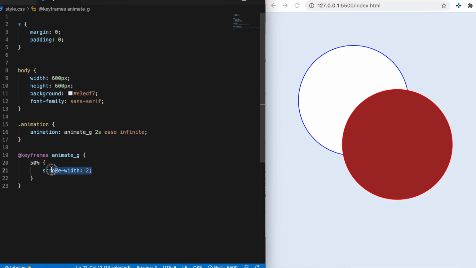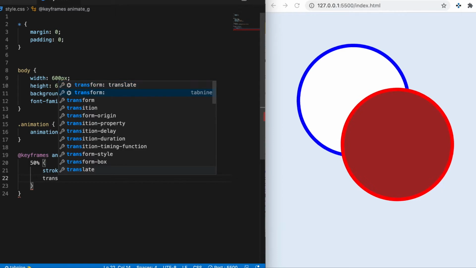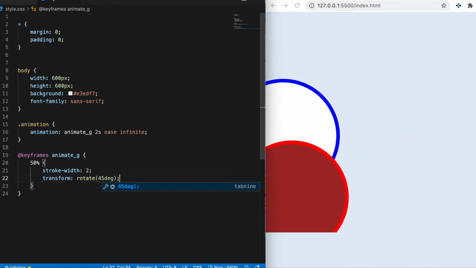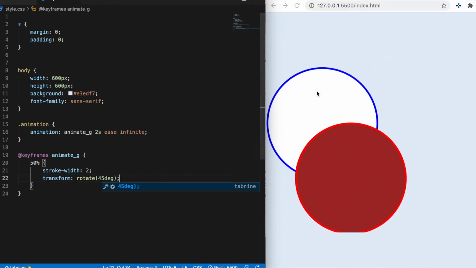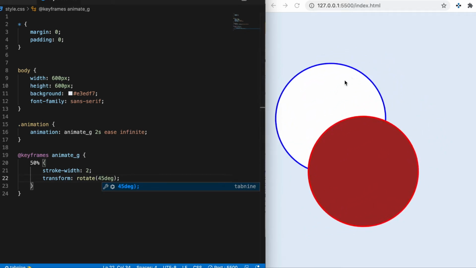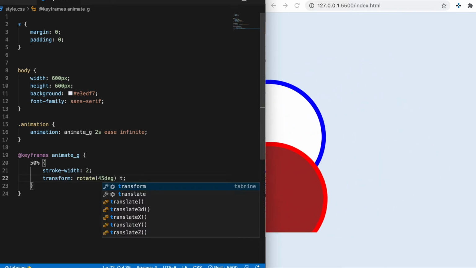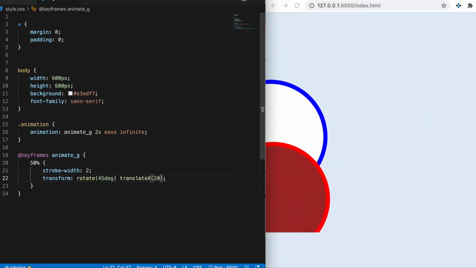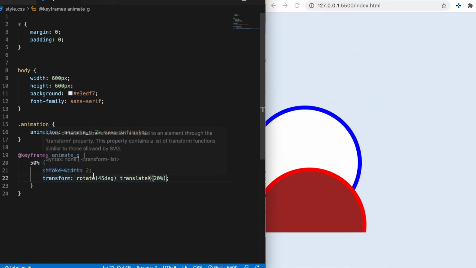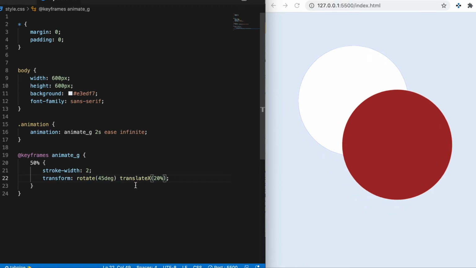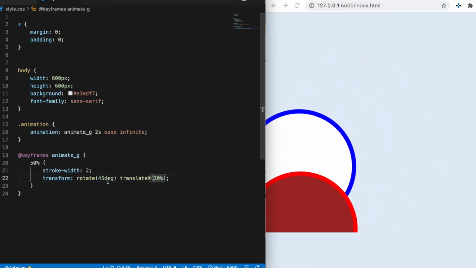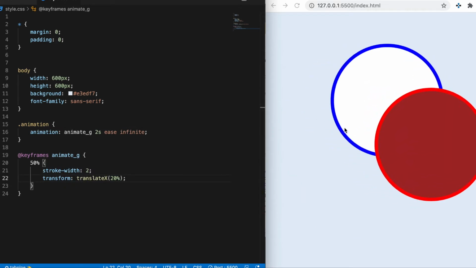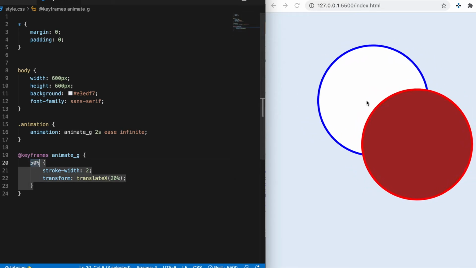Now it is not only the stroke width, you can apply animation properties using transform as well. So I'll use a rotate property of 45 degrees. Now you can see your G tag is moving by 45 degrees. Likewise, you can use a translate. As of now, I'll use translateX as 20%. Now both properties are getting added. Okay, let's check by removing this rotate. So do you see we are having the translateX with the 50% property, and so it will be coming back.